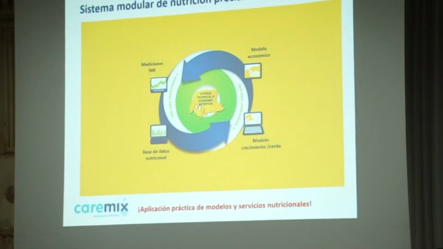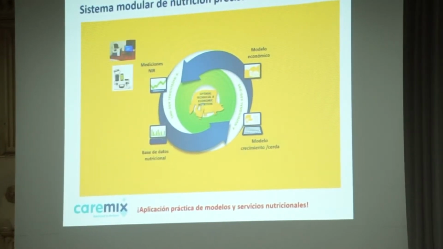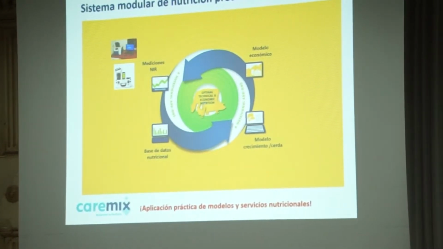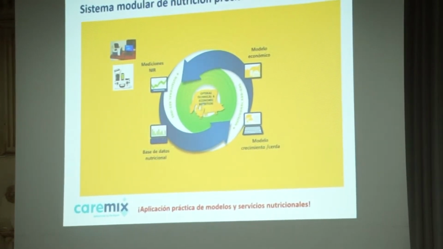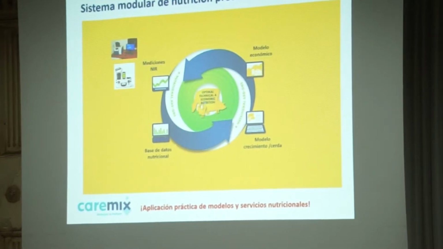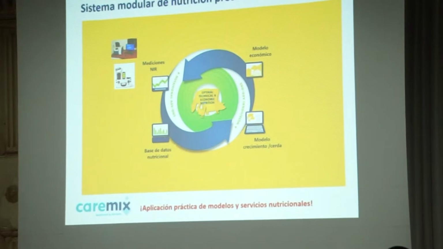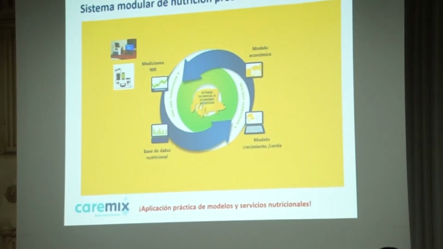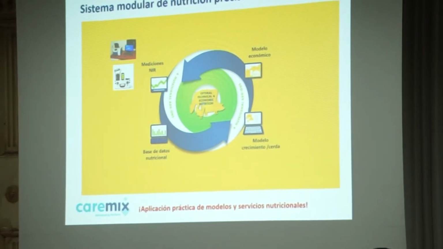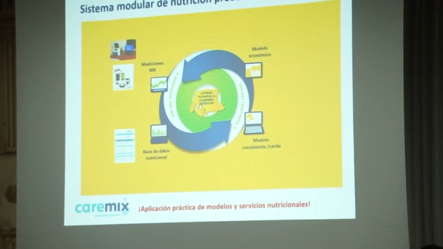¿Cómo lo vamos a lograr? Pues bueno, es a través de nuestro sistema modular de nutrición precisa, que es Trouw, modelos y servicios. Como ya lo mencionó Trouw en la primera charla, aquí lo más importante siempre es tener la adecuada valoración primeramente de nuestras materias primas. En este momento nosotros contamos con la tecnología NIR, tanto NIR de escritorio como NIR móvil, para que prácticamente al momento que están llegando las materias primas a la granja, podamos hacer la valoración correcta de estos ingredientes y realmente saber qué es lo que vamos a estar integrando en nuestros alimentos.